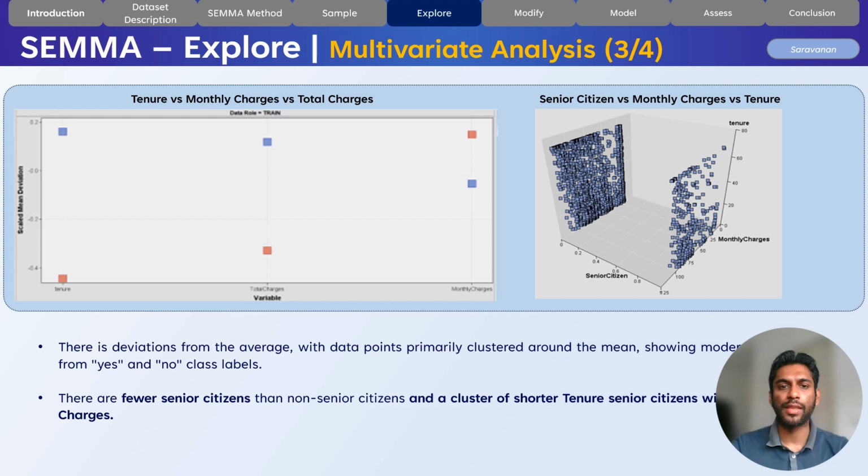When we focus on senior customers, we observe a trend of shorter tenure but higher monthly charges, indicating a higher churn risk among seniors, perhaps due to a perceived lack of value or the financial burden of higher charges. This finding can inform our churn prediction exploration, emphasizing the need for tailored engagement and retention strategies. For senior citizens, targeted interventions such as customized pricing plans or loyalty rewards could be beneficial in improving retention.